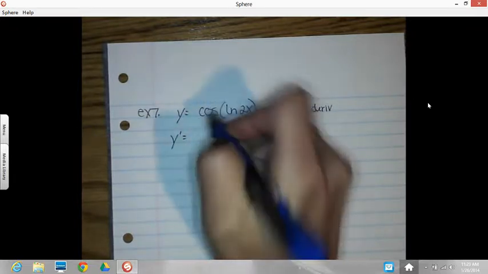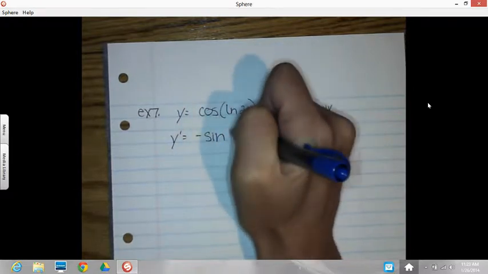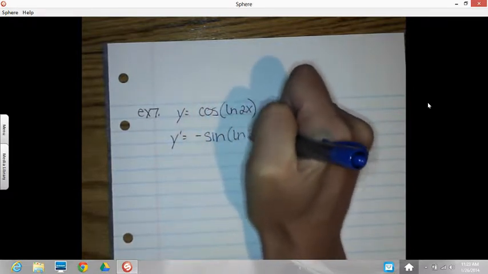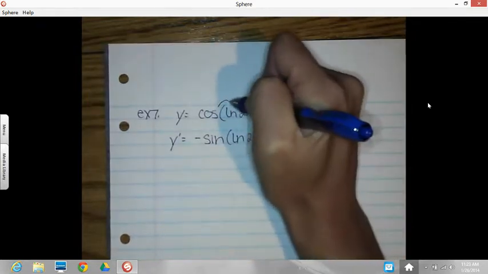So I'm ready for derivative. Derivative of cosine is negative sine. I never ever change the angle. This is like my u, cosine of u. But now I've